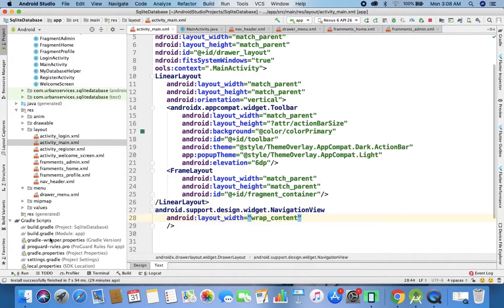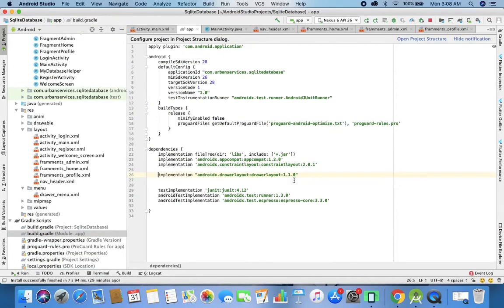Now you see that if you want this view you have to put this implementation. So two implementations we have discussed right now. This is AndroidX drawer layout 1.1.0, and one we need for the material from